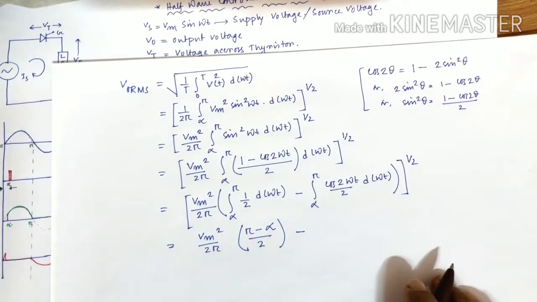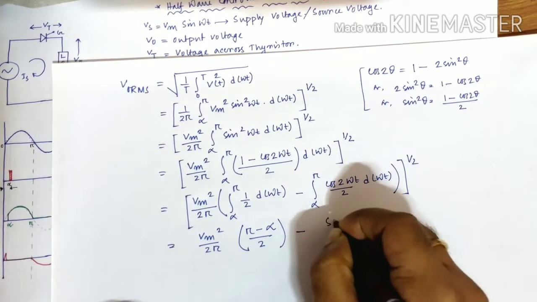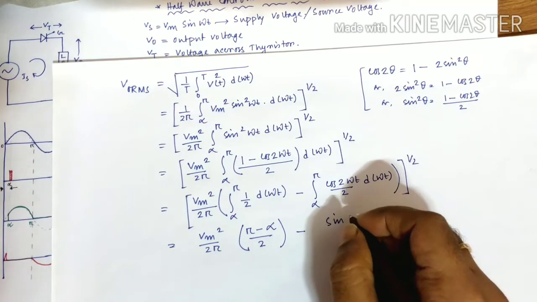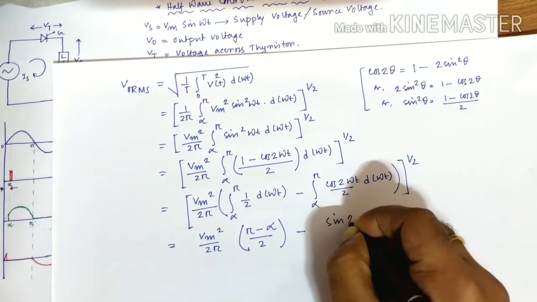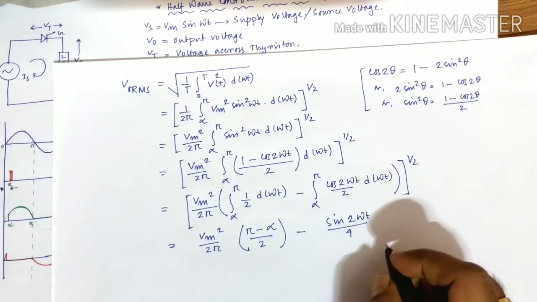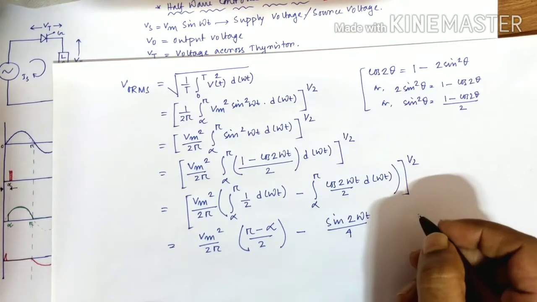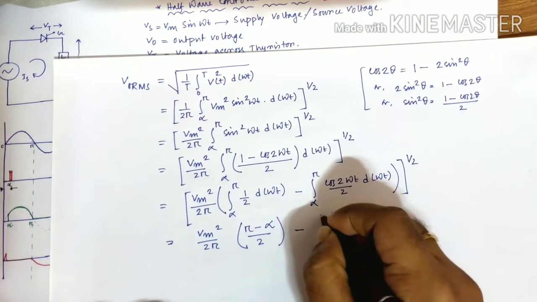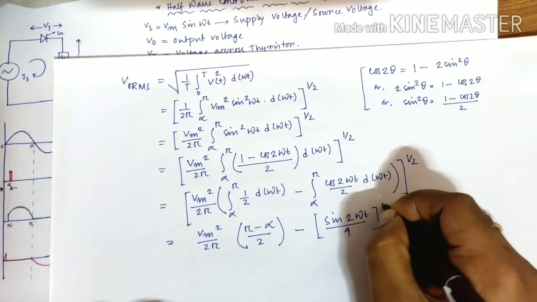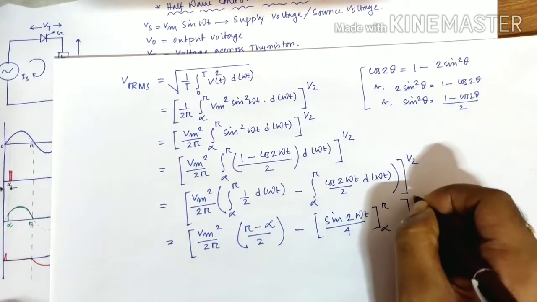Then cos of 2 omega t will be sine 2 omega t by 4, because the integration of cos 2 theta is sine 2 theta by 2, and the limit will be alpha to pi, and whole this thing is within